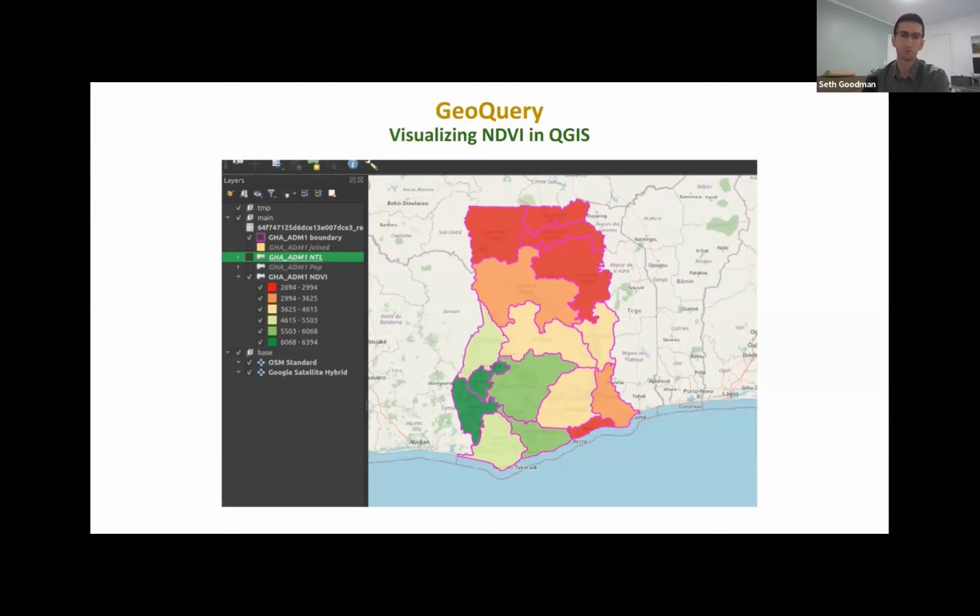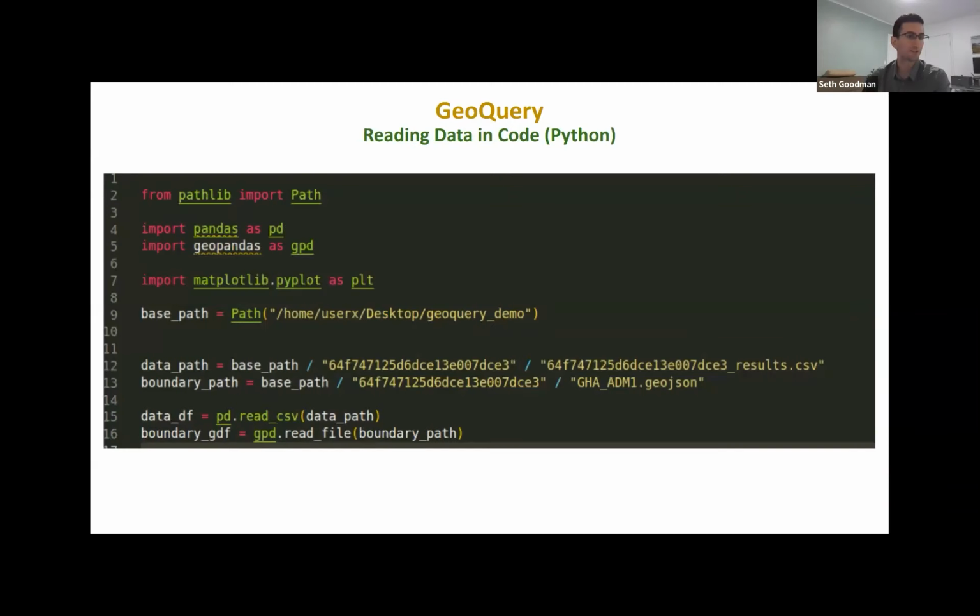And so lastly, I just wanted to show, if you want to do your own really custom analysis, if you want to write code to do this, it's very simple to leverage the tabular and spatial data in whatever programming language is familiar to you. So Python is what I tend to use the most. It's a very accessible, common programming language. And I'm just going to run through a little bit about how little code is actually required to load this up. So with a few core packages: pandas for tabular data, geopandas for geospatial data, and matplotlib for visualizations,